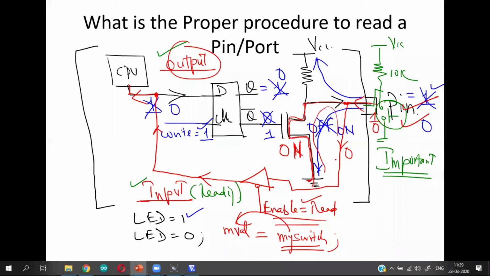So this particular value will be looped inside for you. This problem will arise whenever you are trying to read a value from the port pin.